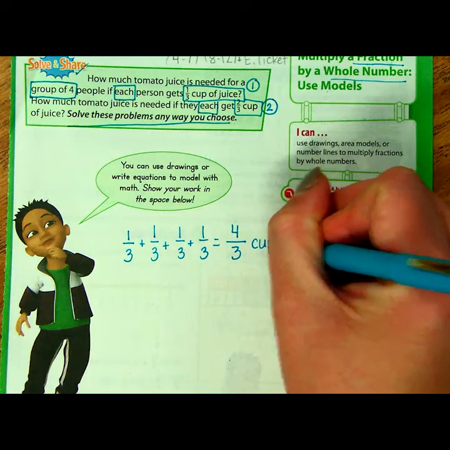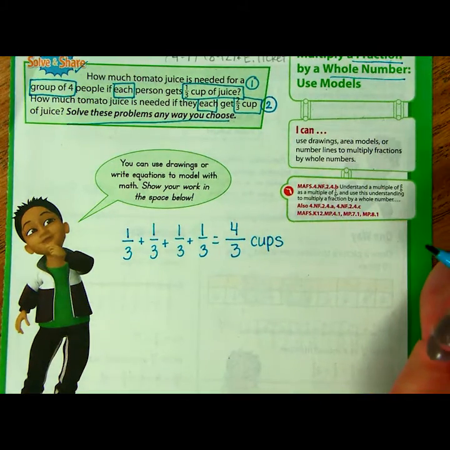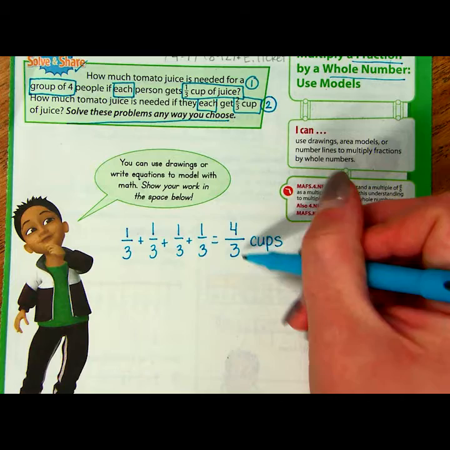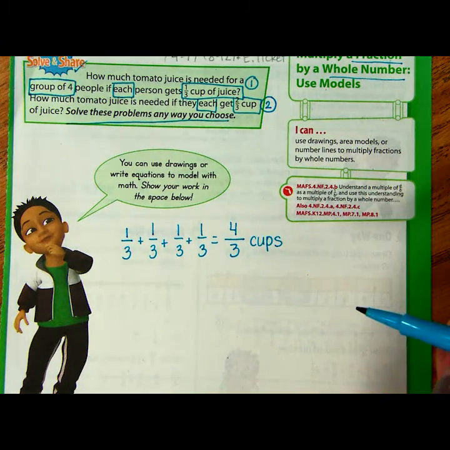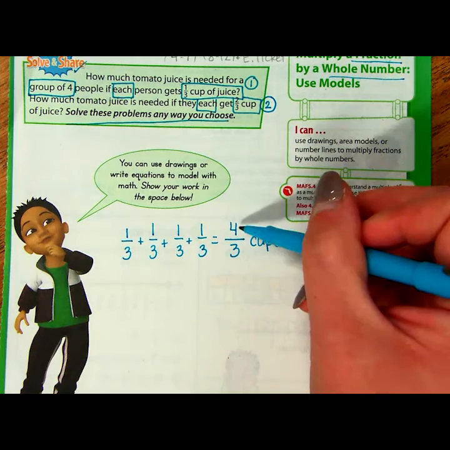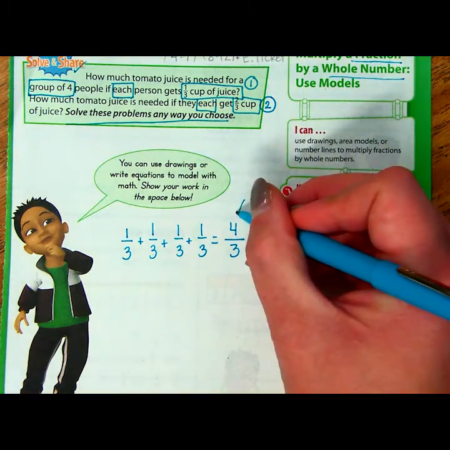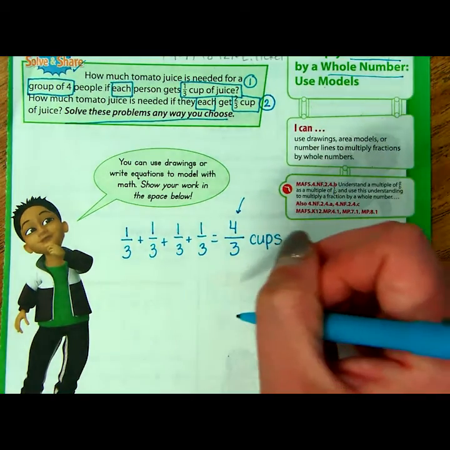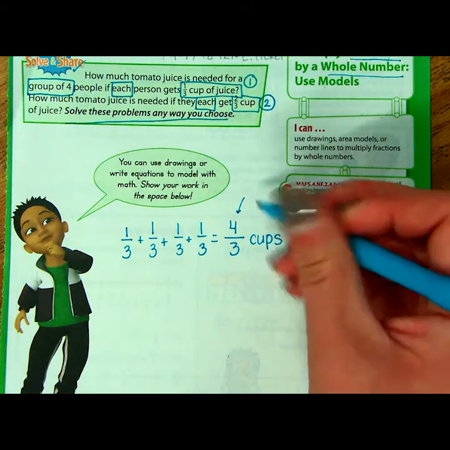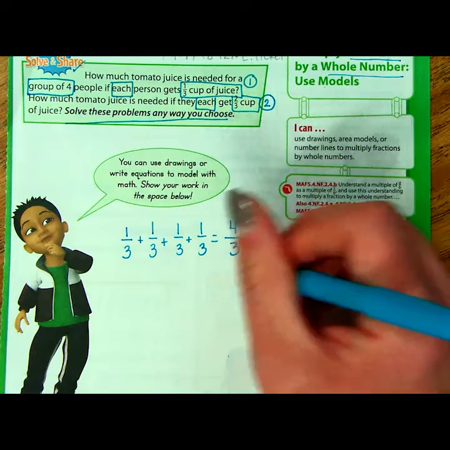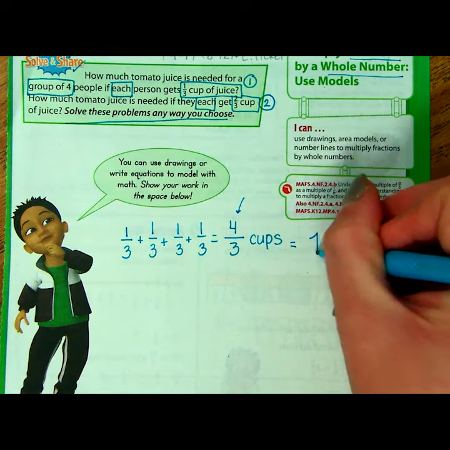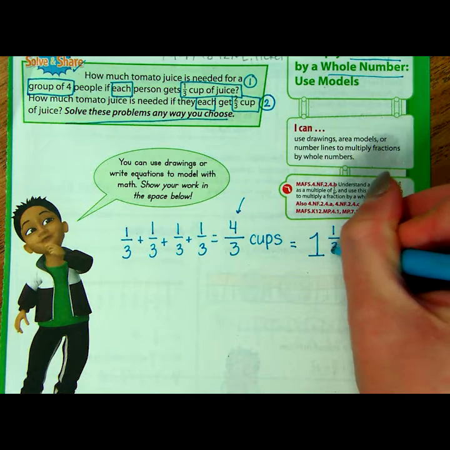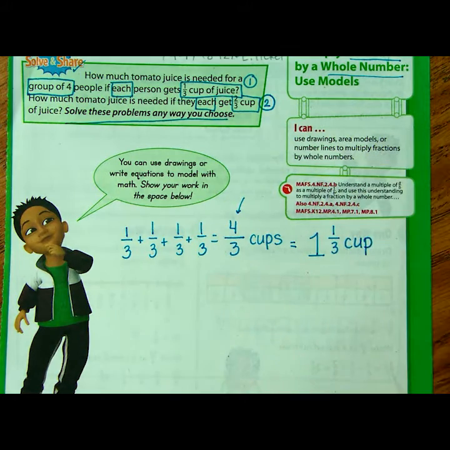cups. We know that when we're talking about an amount here, we should change that to a mixed number. Right now, it's a fraction greater than 1, meaning our numerator is bigger than our denominator. So we know that 3/3 would equal 1 whole, and then we have 1 more left over. So this would actually be 1 and 1/3 cup. So that's how much juice would be needed for 4 people. But now we have the second part,